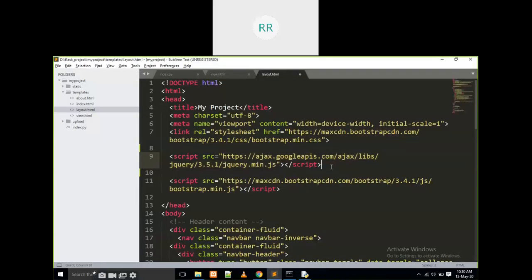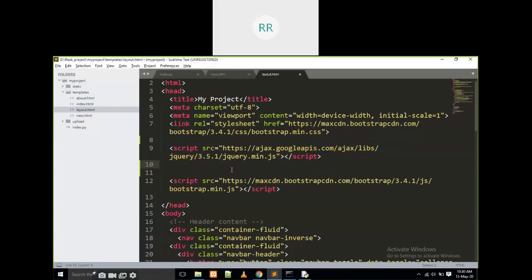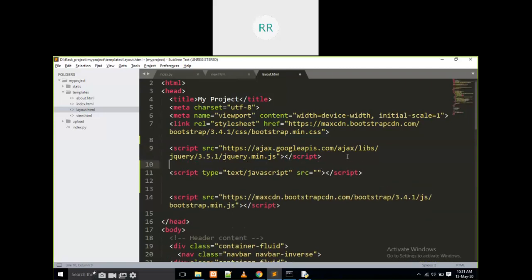I am going to write the same thing here, script open and script close, and src equal to like this. This is the basic syntax for JavaScript file inclusion.